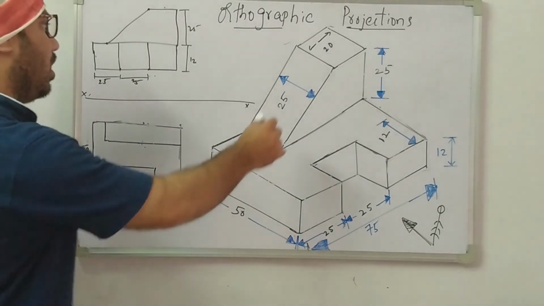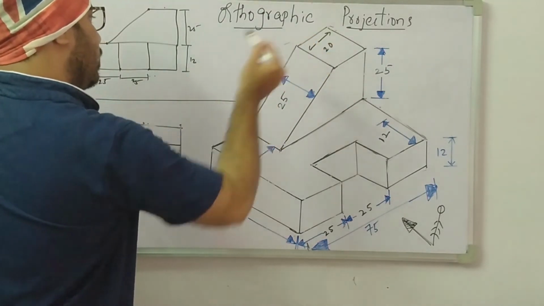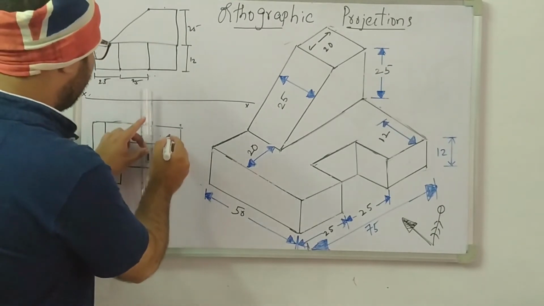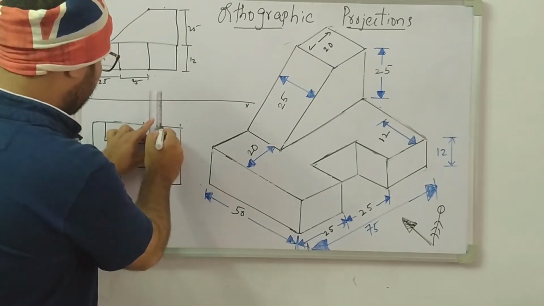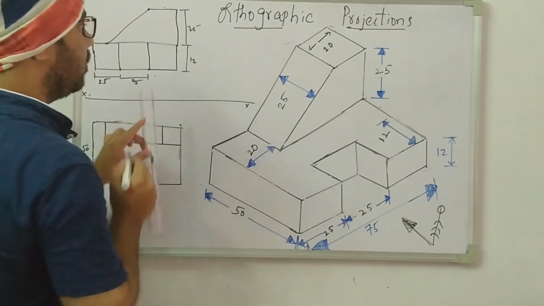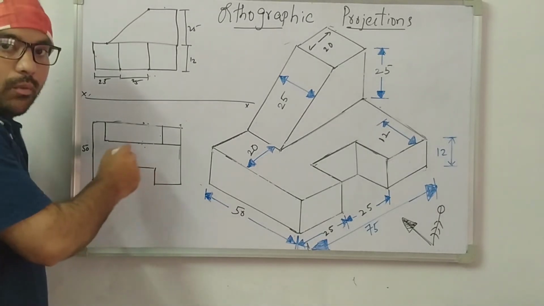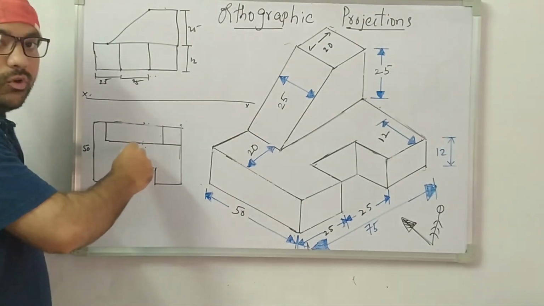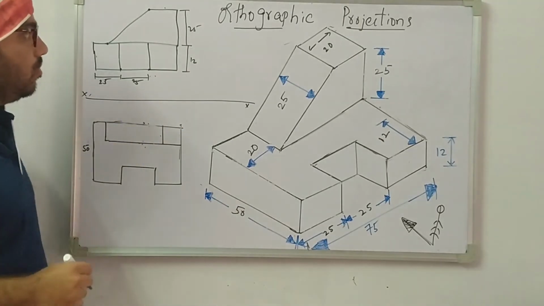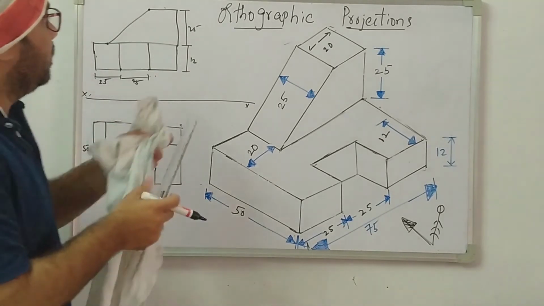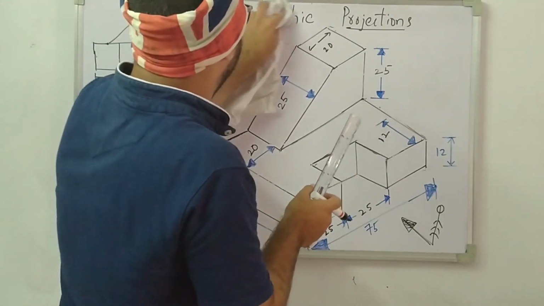Next, see here a small box is there. From here to here it is how much? 20. And here to here 20 distance. We are going to draw one more line. This is a box. Next, we completed the top view. By using the top view, I am going to draw the side view. Now, to draw the side view, I am erasing this. It's very small.